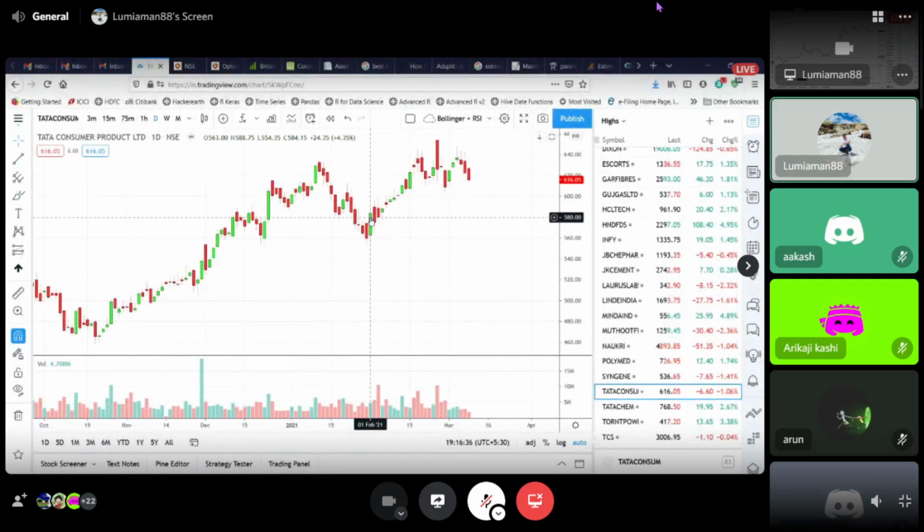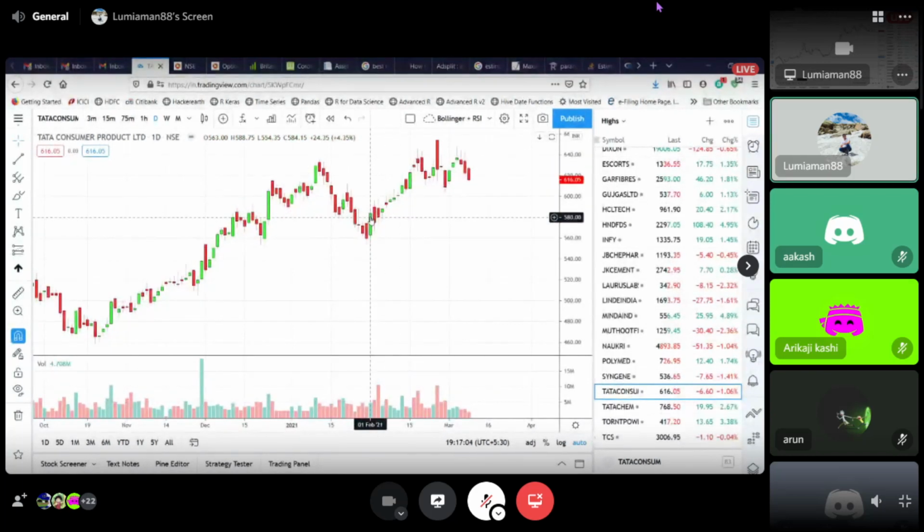So big green candles at the support is always your cue to go long. This is where you can have the best risk reward setup. Go long here, stop loss at a close below the support, and then target the previous high. So you target around the 634 region. So from 583 to 634, that is almost 50 rupees, and I think some 8 to 8.5%.